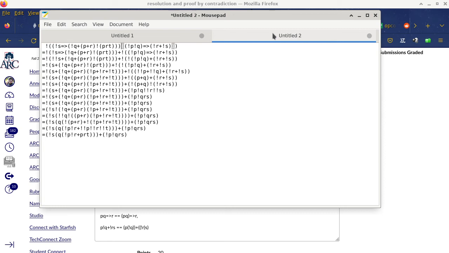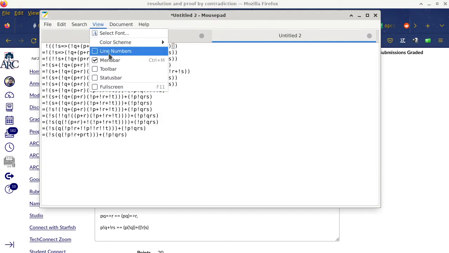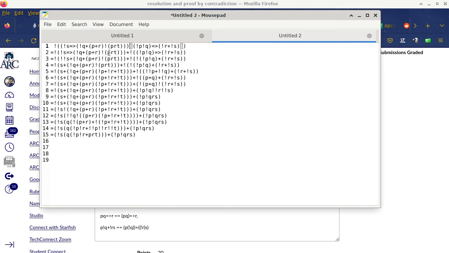Okay, so let me show the line numbers. It makes it easier to designate which line. So show line numbers. So line 10. On line 10, you applied De Morgan's law to the entire thing, because that outside negation applies to the whole thing. That's the initial negation. This negation? Yeah. This negation is not the first. This negation is already taken care of. So this negation is actually